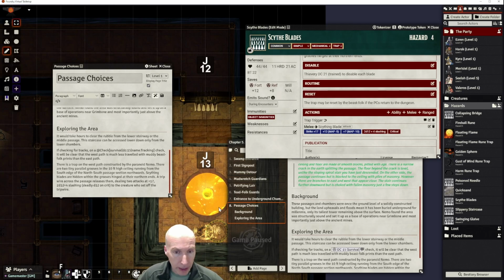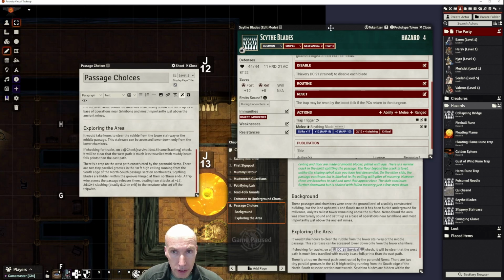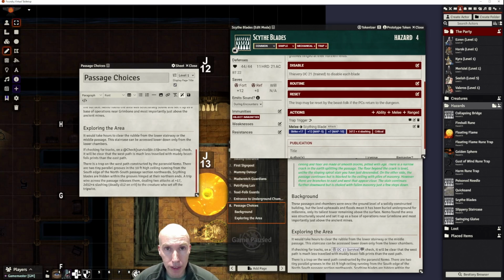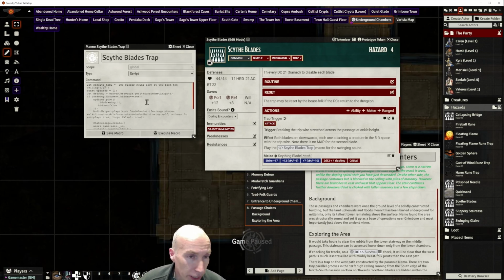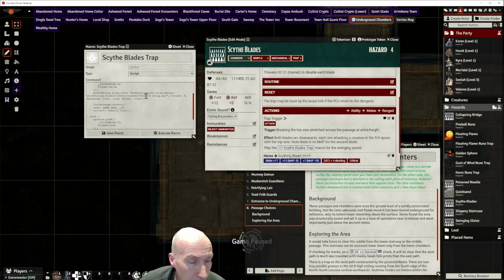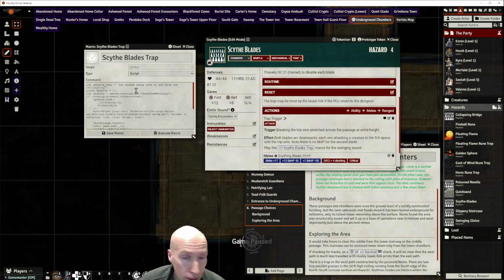Shall we make the tripwire visible? Actually, it might be hard because it's a drawing object. I'll just check how that works. So yes, I have an adapted macro here. I changed the tiles on a previous macro to drawings. So instead of canvas tiles, drawings is the